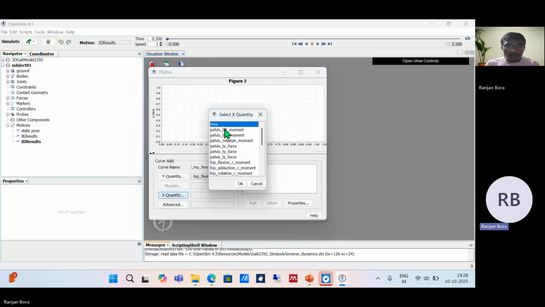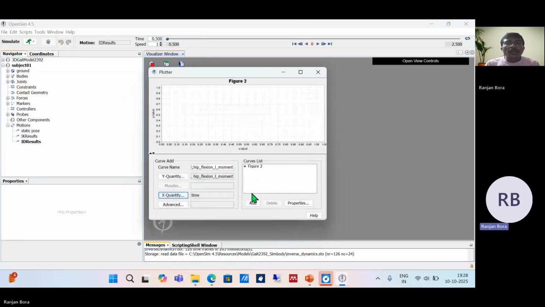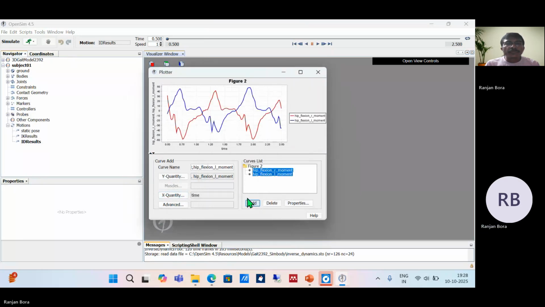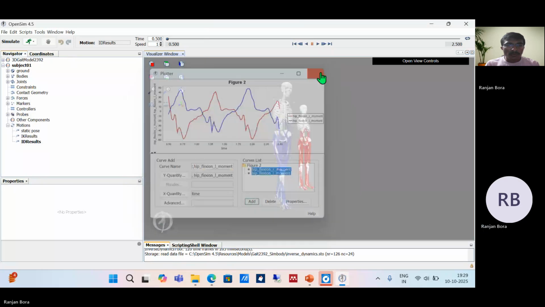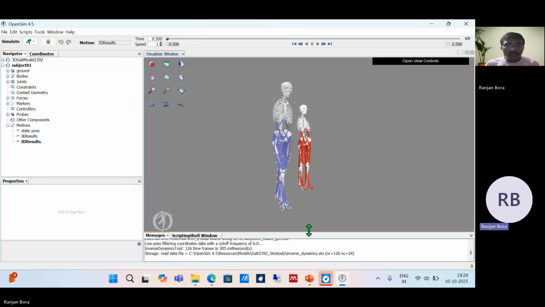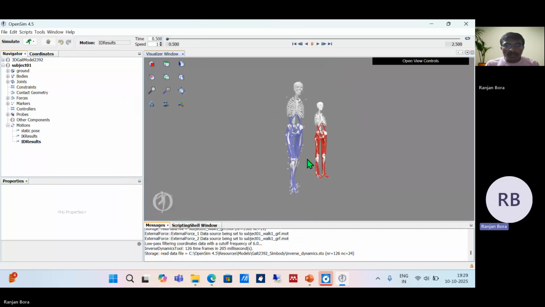One at a time. Okay. So you can see this blue colored one is the hip flexion moment for the left hip joint, and the red colored one is the hip flexion moment for the right hip joint with respect to time for this walking activity. Okay, so this was the inverse dynamics from which we get to know the joint moments